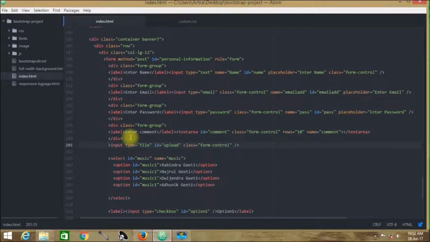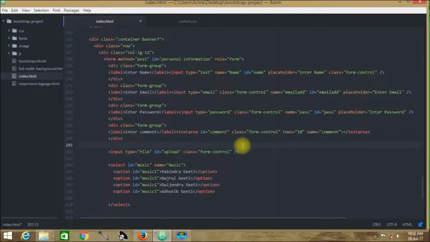Now another thing in learning web or this sort of things, do not ask questions like what will happen if I do this or if I do that. No, this is not the approach. If you are apprehending on what will be the actual result if I use this, then just apply this. Suppose that I do not know what will be the outcome if we use here this div class form group.